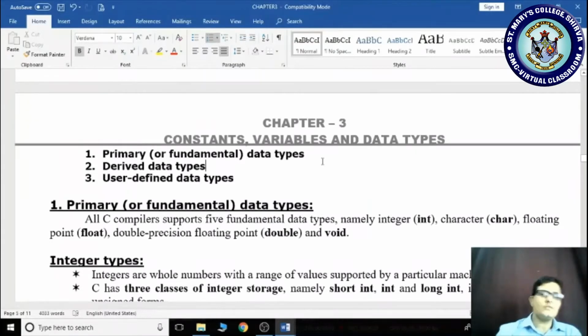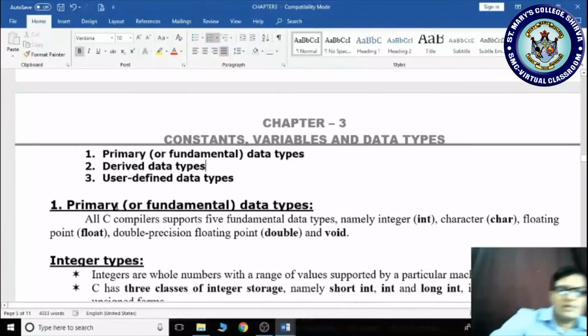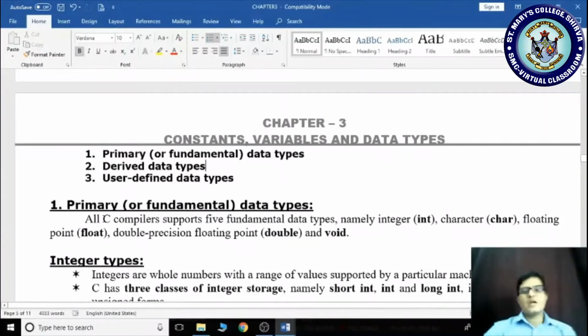Let us see what the primary data types are in our C program. All C compilers support 5 fundamental data types, namely integer, character, floating point.